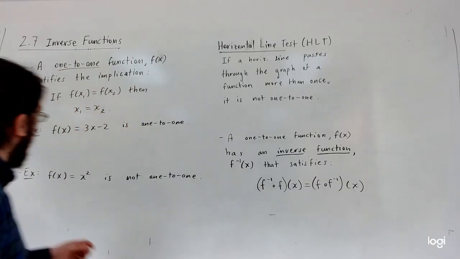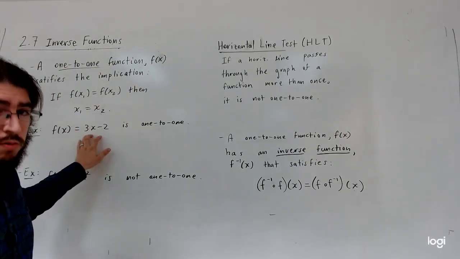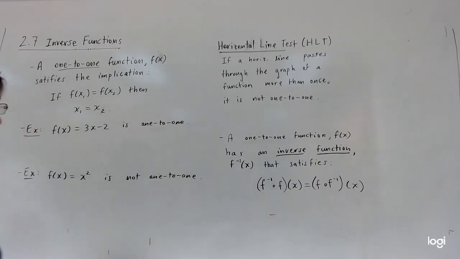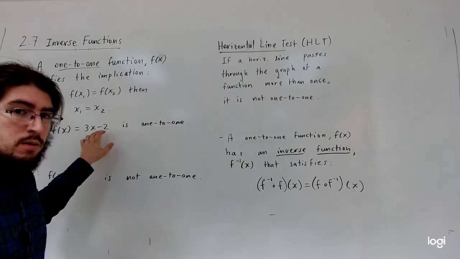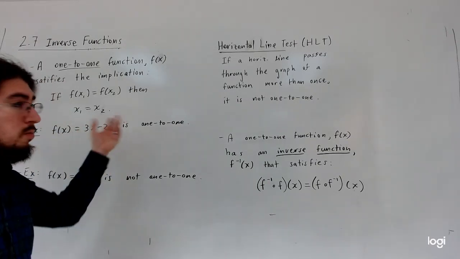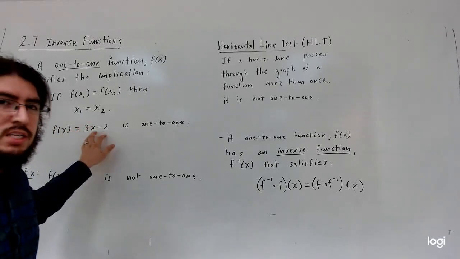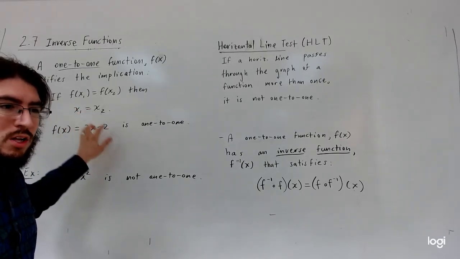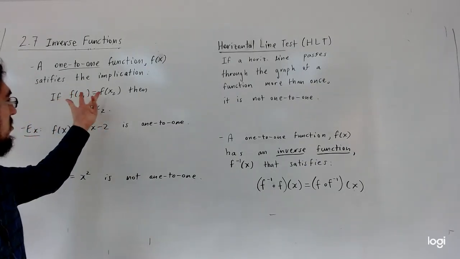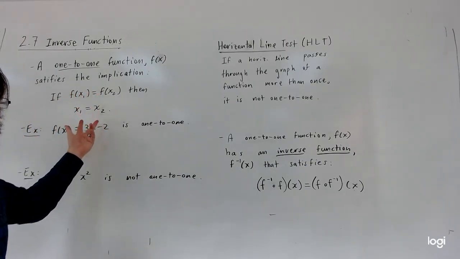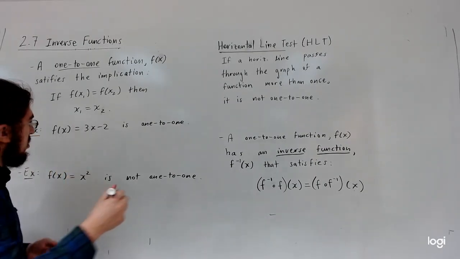First, as an example, f of x equals 3x minus 2, a linear function, is one-to-one as it turns out. That's really what this says. Any two x values that result in the same y value must be the same. If the y values are the same, then the x values must be the same. Okay? I'm not going to convince you too much of that, but just notice if,